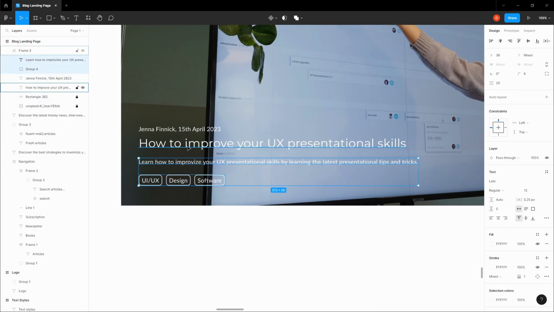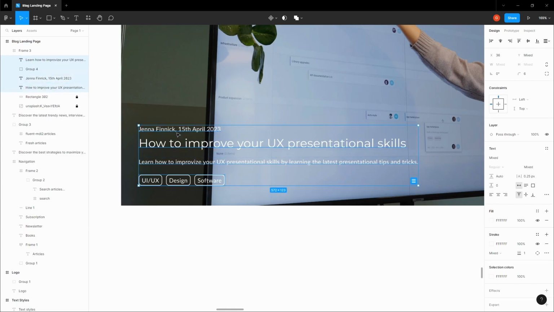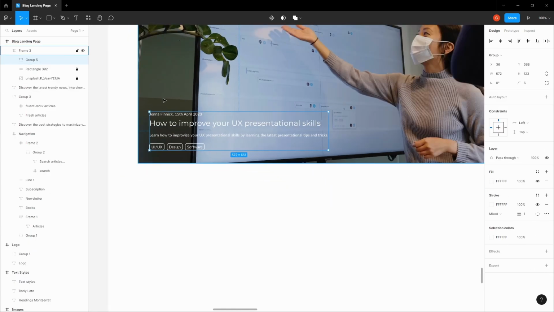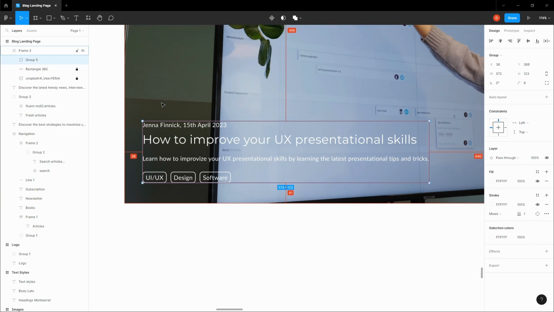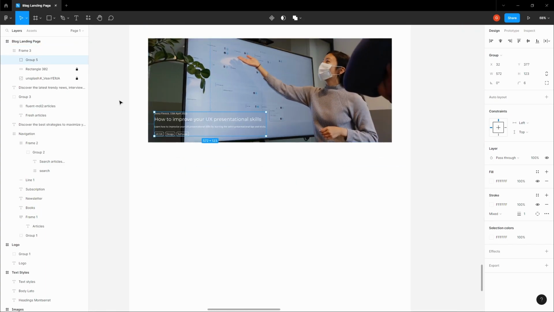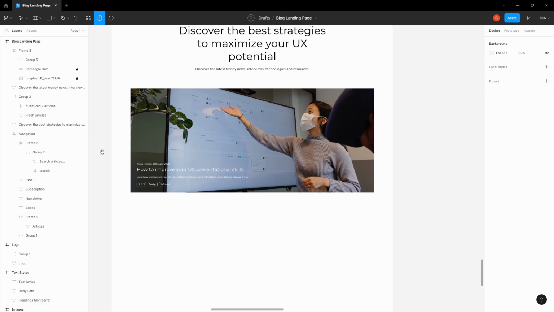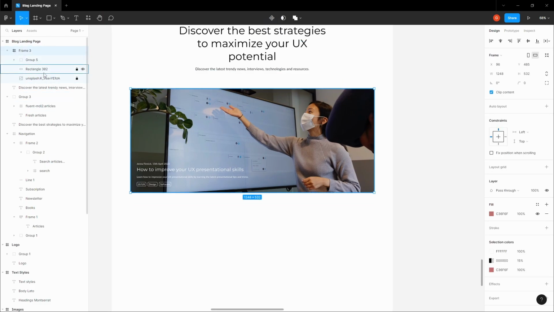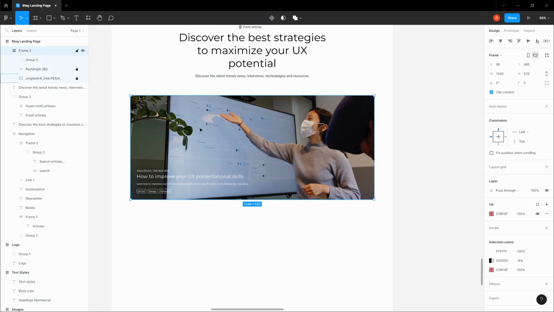And let's select all of our elements and group them as well. Let's give them a spacing of 32 pixels left and 32 bottom. There we go. Perfect. Actually, I'm not happy with the tint we have here, so let's select the rectangle that's